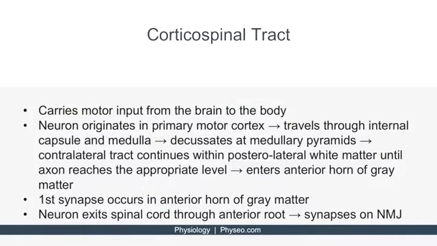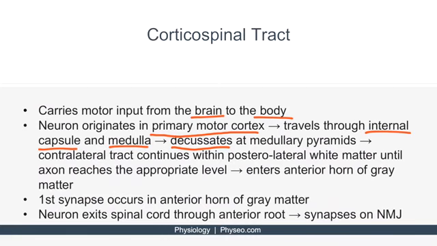So now let's talk about the corticospinal tract. Now the corticospinal tract carries motor input from the brain to the body. Now the first neuron originates in the primary motor cortex. Then it travels through the internal capsule and the medulla. At the level of the medulla, the corticospinal tract then decussates, specifically at the medullary pyramids,